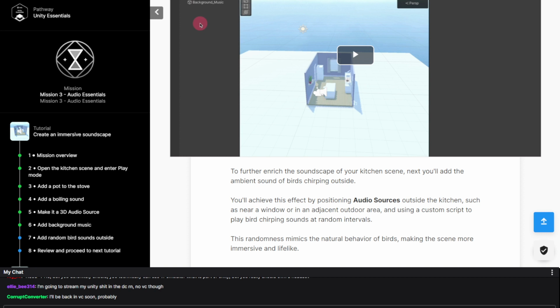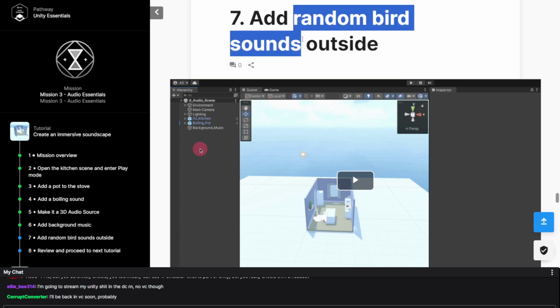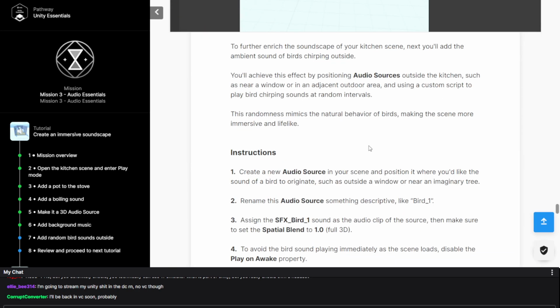Imagine someone installed speakers all over their house so that people could actually play annoying sounds through them in real life, like sounds right outside their window and right outside their door. Oh my gosh, I don't know, that's what this is making me think of. Random bird sounds. Maybe not birds, but